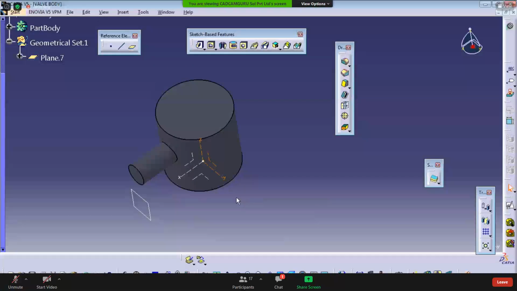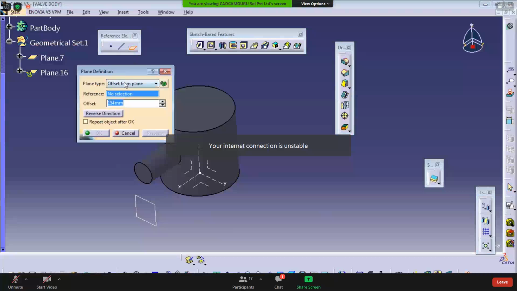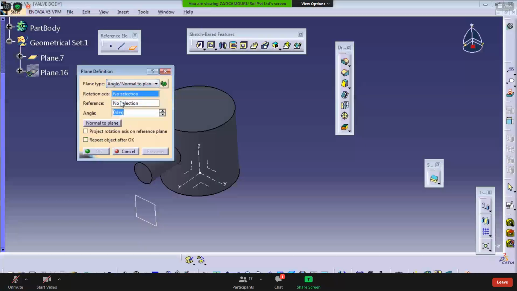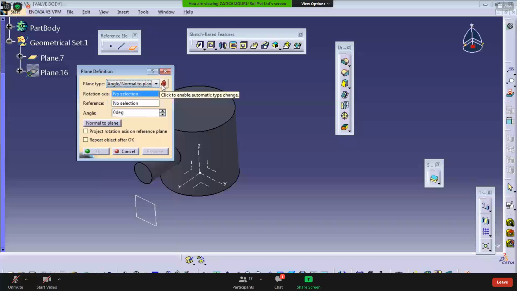So how to rotate it? Just select the plane command. Then for type, you have to select angle normal to plane, and just lock this option, otherwise it will switch back to offset directly. So that's why I'm locking this option.